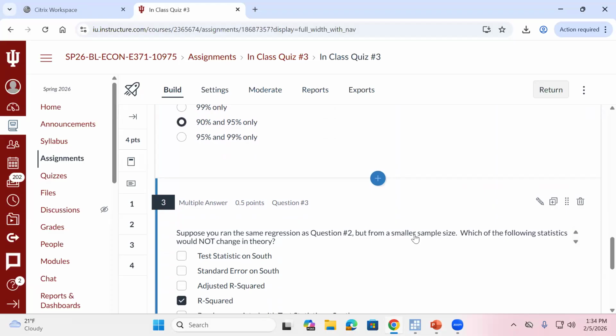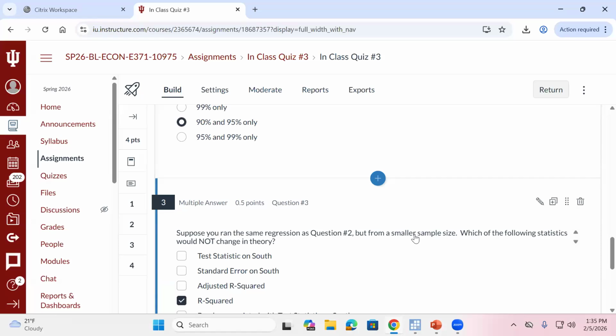If I have a smaller sample size, we said our test statistic was that sample coefficient divided by its standard error. But our standard error, we said we could think of it as the sum of our errors squared over n minus 2, over something I told you not to worry about, right? So if n is now smaller, what's going to happen to our standard error? And this is how I would work through these problems, right? Don't try to just think of this all in your mind. It's easy to get jumbled. If the denominator is smaller, what happens to this fraction?